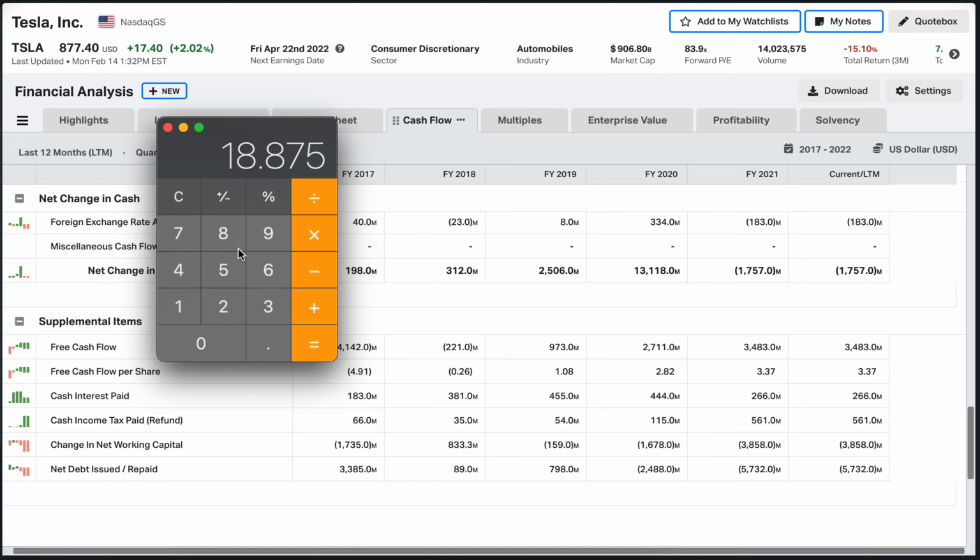And we're going to see that the current market cap is almost 19 times more than what we want to get, which means that in order to calculate how much we are willing to pay based on this multiple, 20 times multiple of its free cash flow, what we want to be doing is divide the current stock price by this multiple, 18.8. So let's do 877 divided by 18.8. And we're getting a value of $46.6